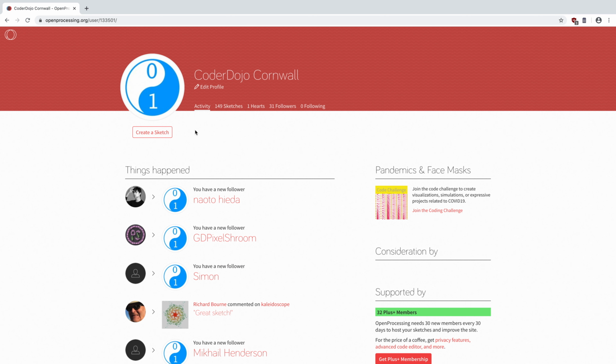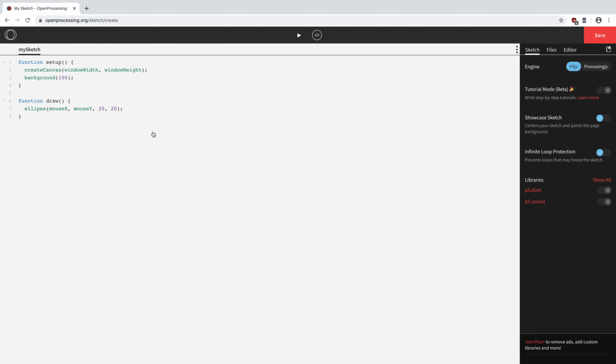So let's create a brand new sketch. We click on this button called Create a Sketch. Great, and when you first create a sketch, you're set up with a page that looks like this. This is where we code in this box. It's written some code for us already just to get going, but we won't use that. We will delete the code that's already there in this way. So we'll leave that outer bit of writing